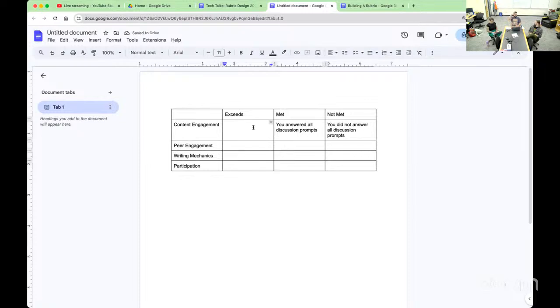So then when I think about the exceeds category, what would kind of take it to the next level to show that they were really paying attention, really engaging, and really going forward with their understanding of the content. So I would still say you answered all the discussion prompts, but additionally, you